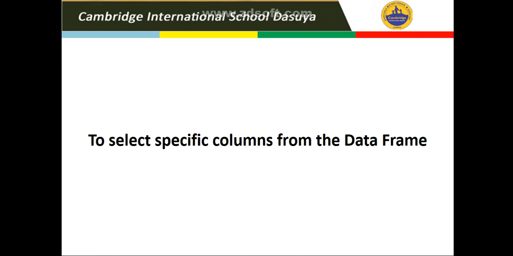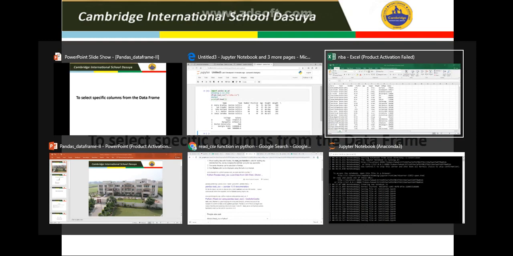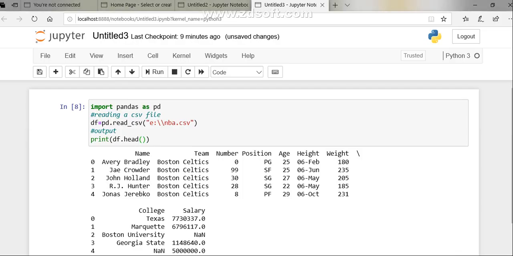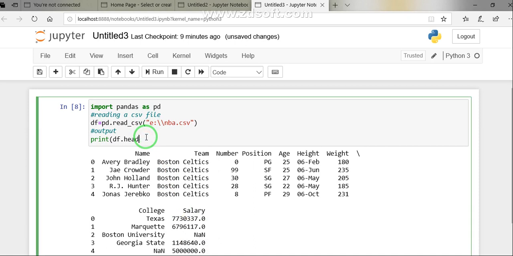So now see here, in the df part, to display a specific column, the statement is clear. Put here a column name. Let's say I want to display the names of players and their corresponding team names.